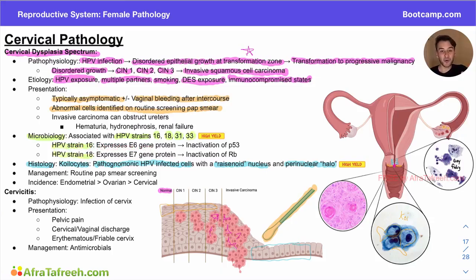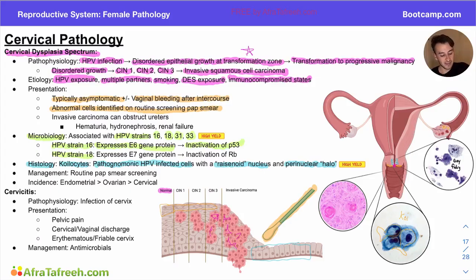So they like you to know more granular detail about 16 and 18. Specifically for 16, they want you to know that this expresses the E6 gene protein, and this is going to lead to inactivation of P53. And we know that P53 is a protein that's responsible for inducing apoptosis in abnormal cells. And so if this is not happening, these abnormal cells are going to have a party and just grow out